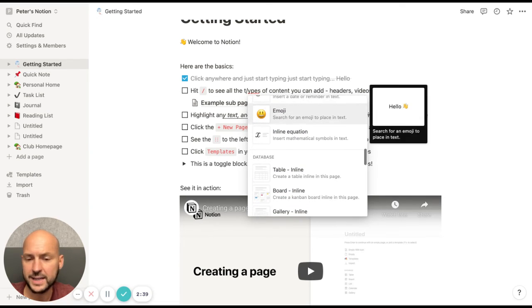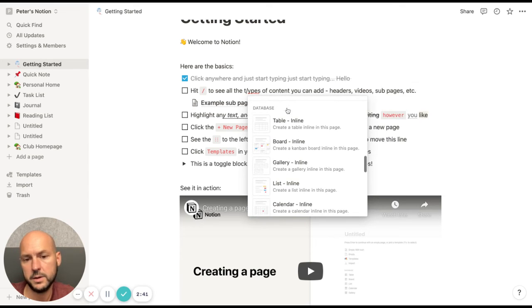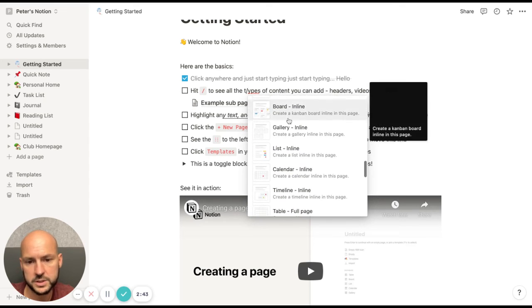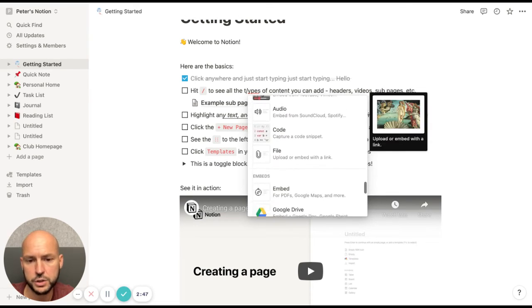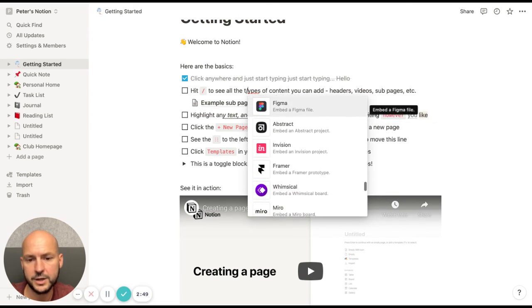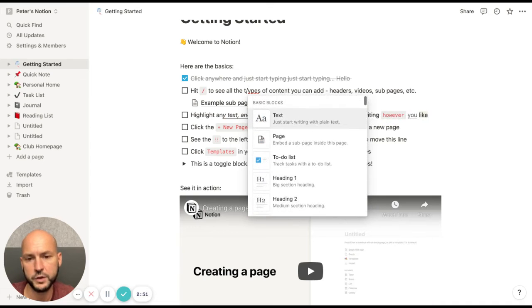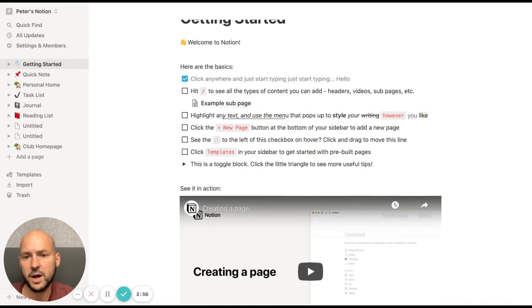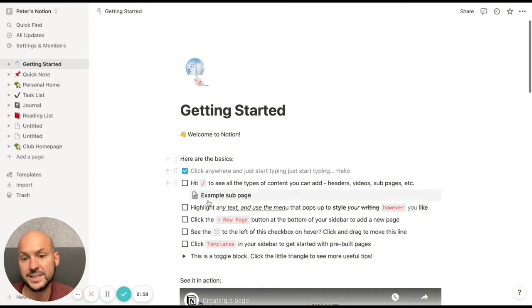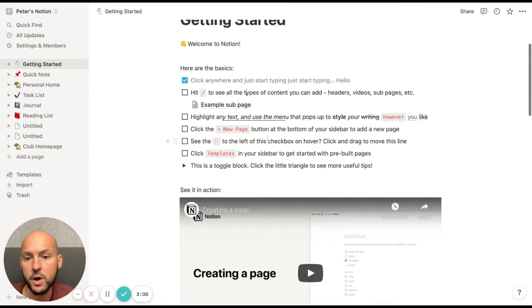It's not actually relating to clicking on an element, and as you go through, you just see how much you can add and how much you can do, and it starts to illustrate the power of the documents that you have here in Notion. So that's one of the key things to highlight on this user interface, is there's so much more than meets the eye on first